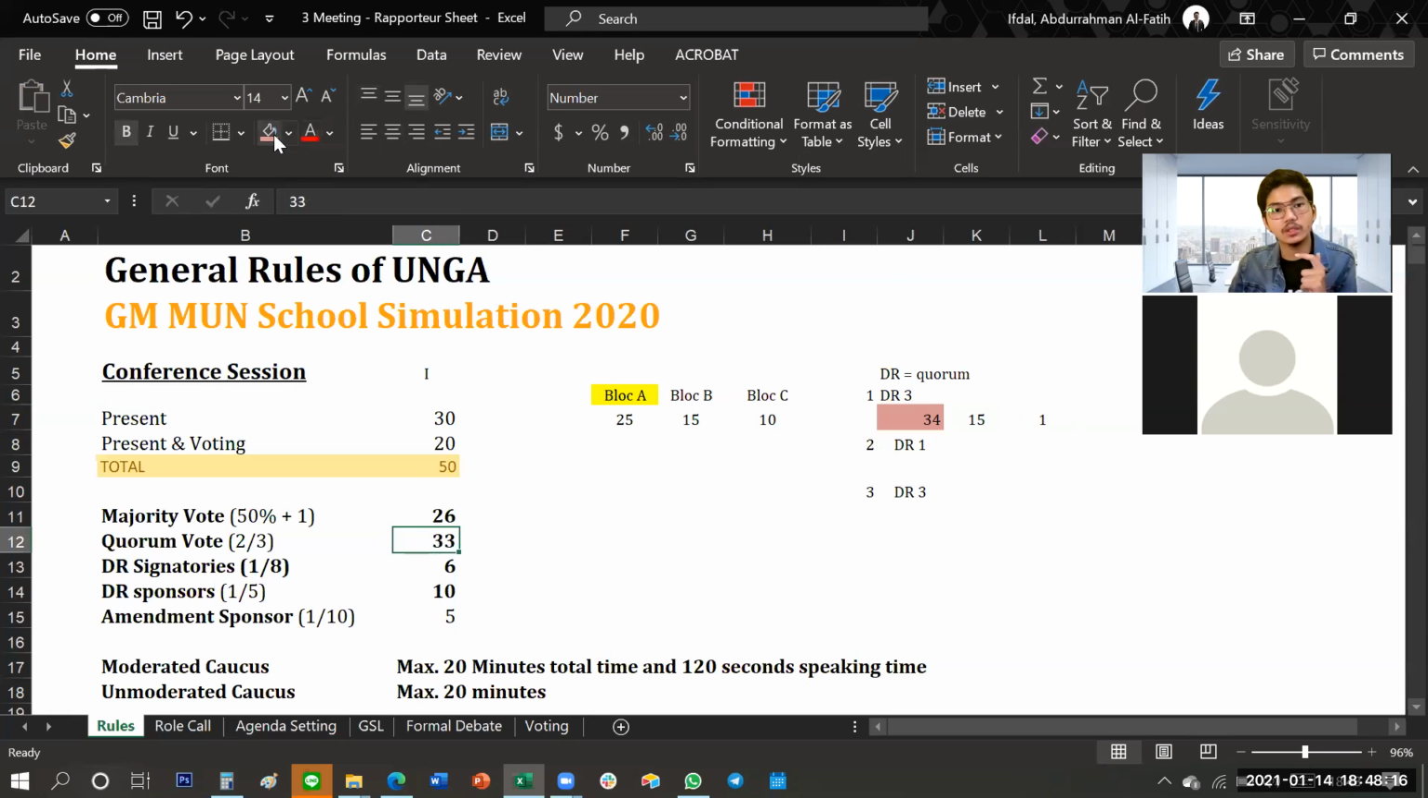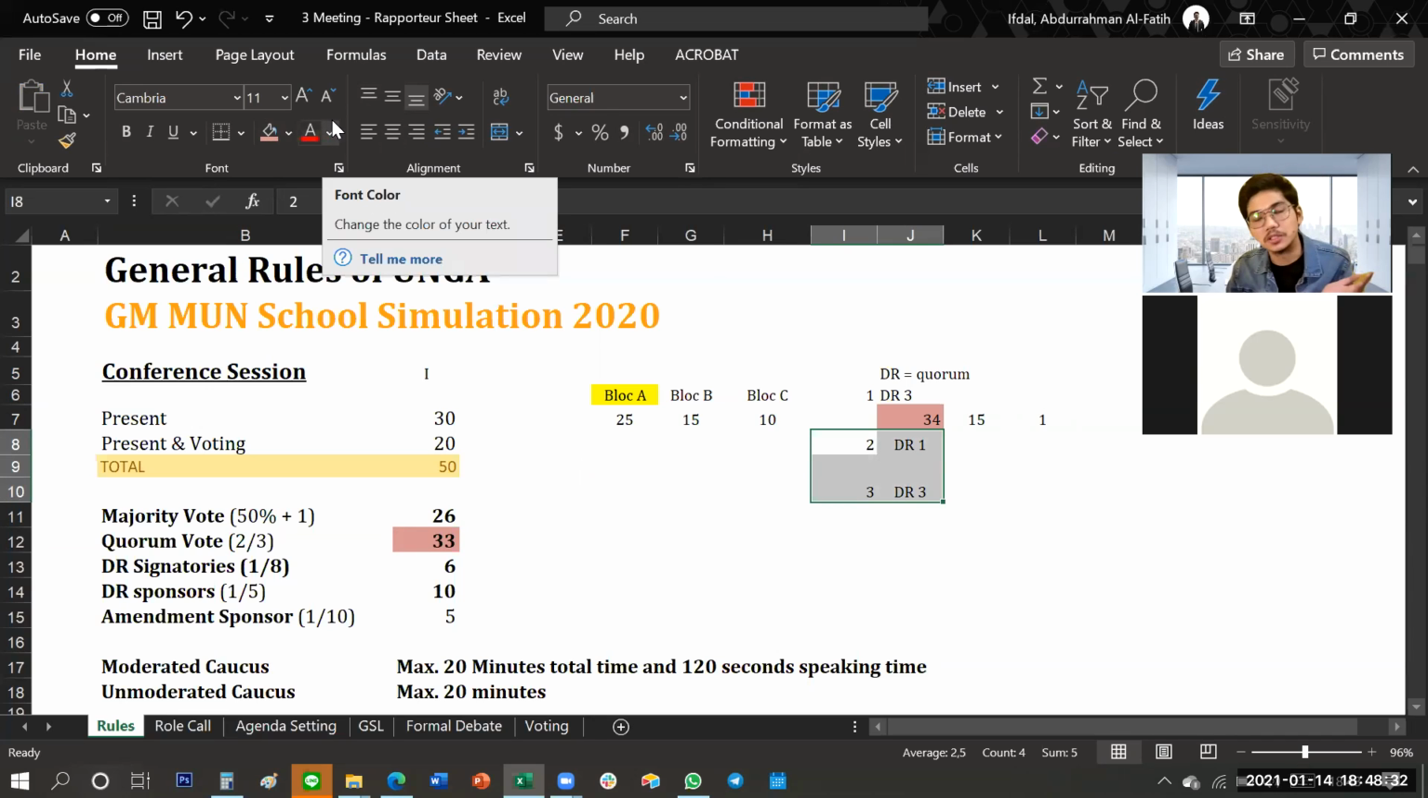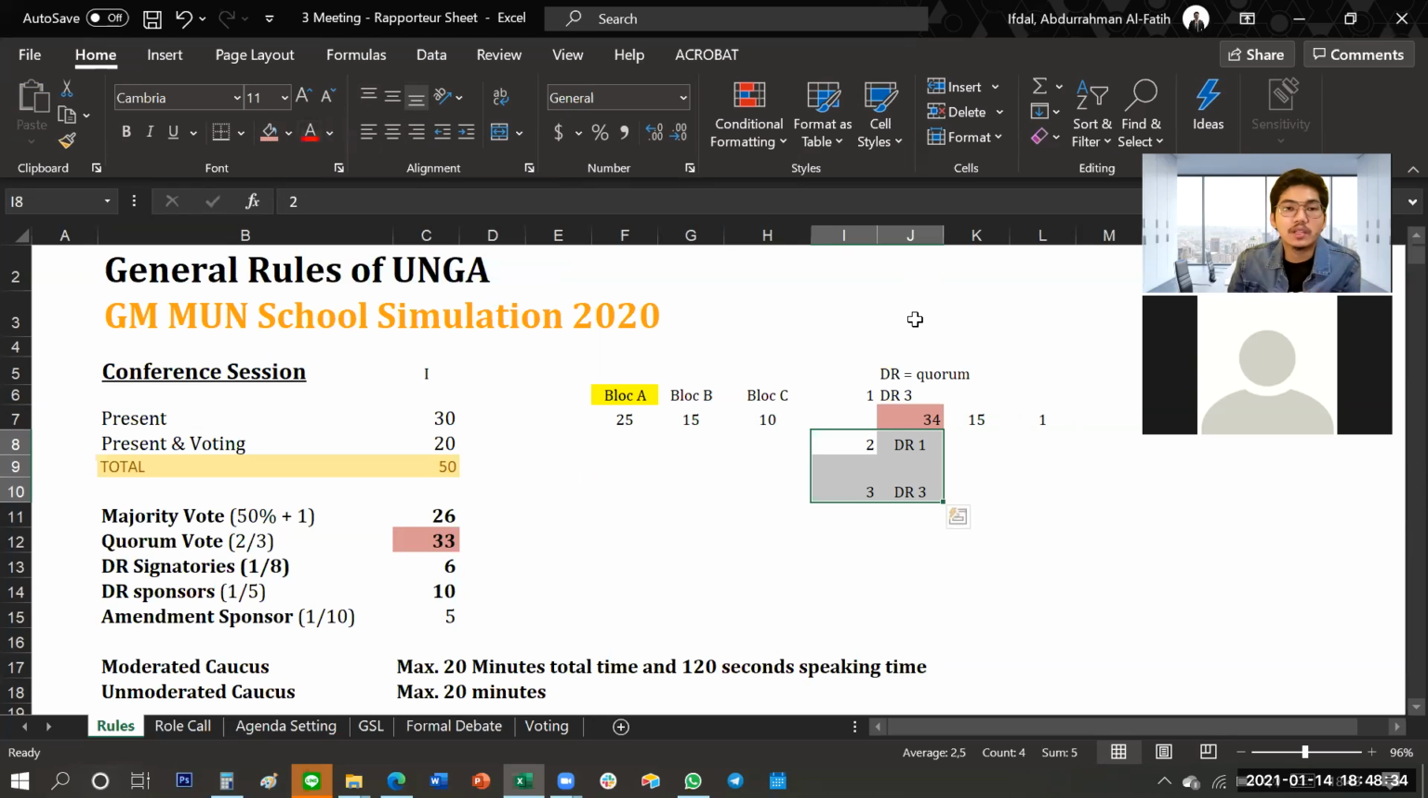34 is more than 33, which means that the R3 passes. Remember, the R3 passes. What does that mean? It means that the R1 and the R3 will not be voted again. Well, will not be voted, okay? Because the R3 already passes. That is why the motion of reorder sometimes decides whether your DR can be chosen, for example, in the first